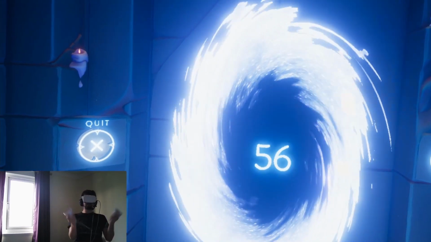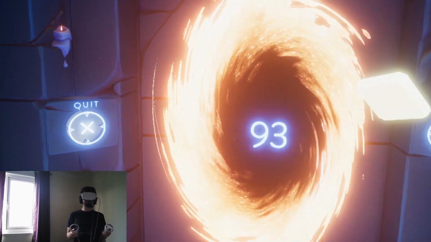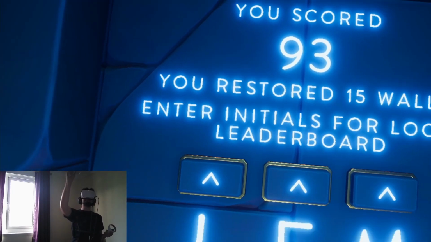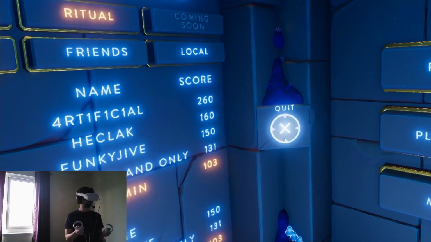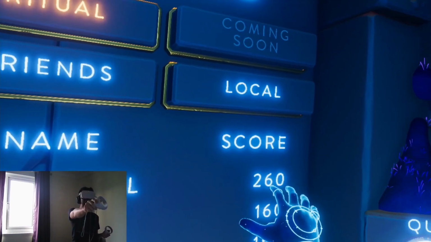Oh, the crystals are coming back. Oh, did quite well. How many did I get in the orange? So they'll take away points if I messed any up and put it in the orange pools instead of the blue ones. So I restored 15 walls, I got 93 points. I can put myself on the local leaderboard. My highest score in this mode is 103, but I don't know how this guy managed to get 260, but...